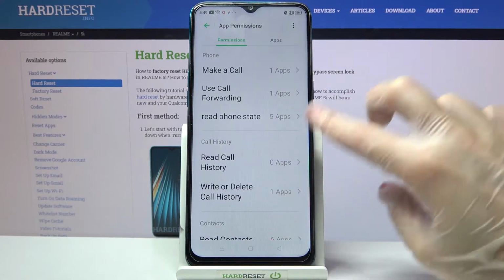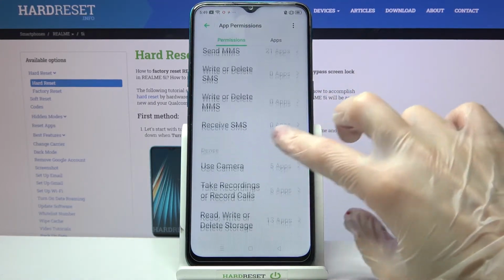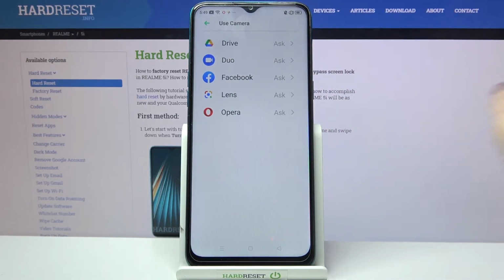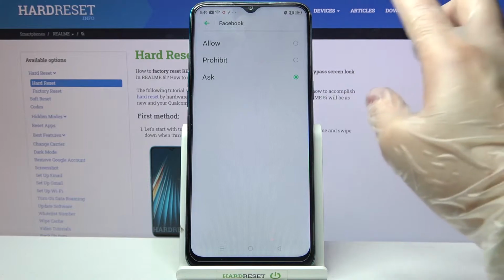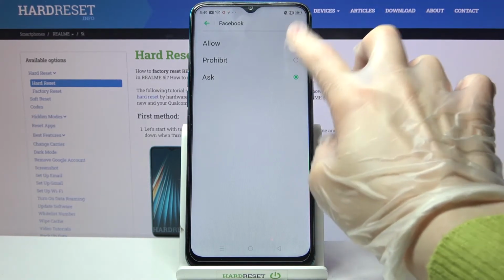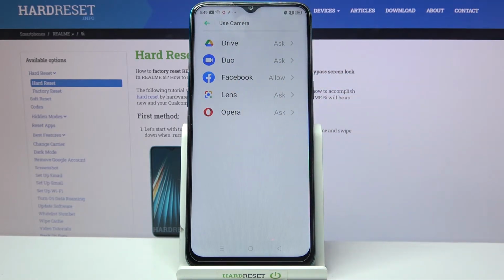Over here select one of those phone features, like use camera, and click on it. Now select one of your apps. I will go with Facebook. Then pick one of the options, allow, prohibit or ask. I will go with allow, so when I go back I can see that Facebook gained access to my device's